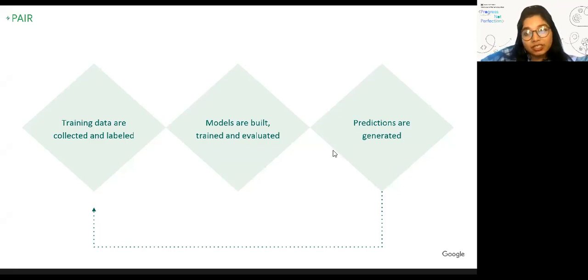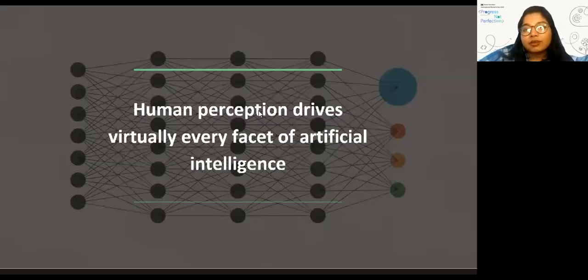As an engineer or data scientist or AI researcher or developer, there is actually a lot that you are responsible for when it comes to collecting and cleaning training data, building and training your models, and deploying it, and much more. But we are also human, meaning we both intentionally and unintentionally shape every facet of machine learning,